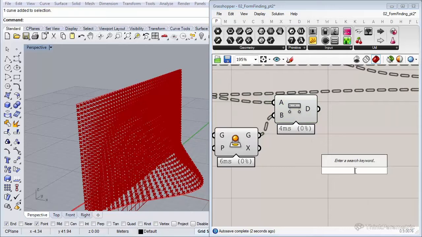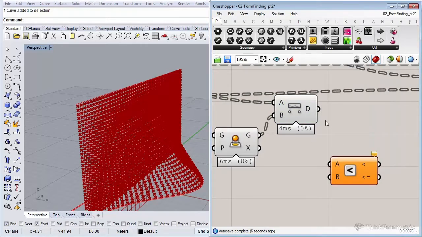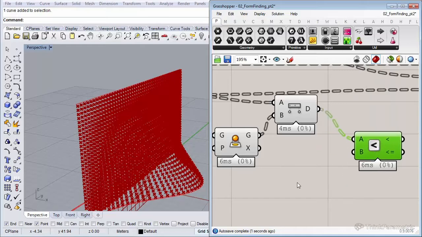And let's insert a smaller than component. And let's say if the distance is smaller than 1 centimeter, we want to use the projected point instead of the point that's within that margin.